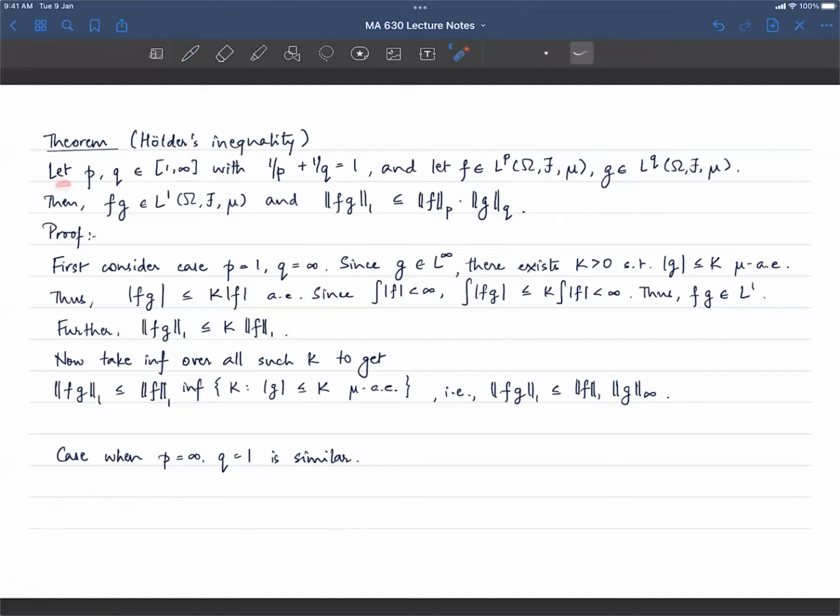Let P and Q belong to the closed interval [1, infinity]. Note that 1 and infinity are being allowed, with 1 over P plus 1 over Q equals 1. Another way to say that is P and Q are conjugate exponents. Now suppose F is in L^P and G is in L^Q. Remember that until further notice our measure space is fixed. Then the claim is that F times G is in L^1, and further, the one norm of FG is less than or equal